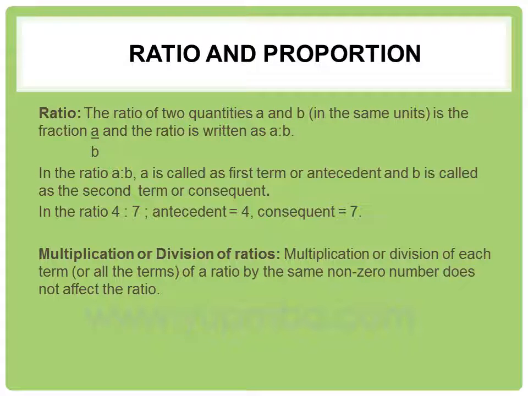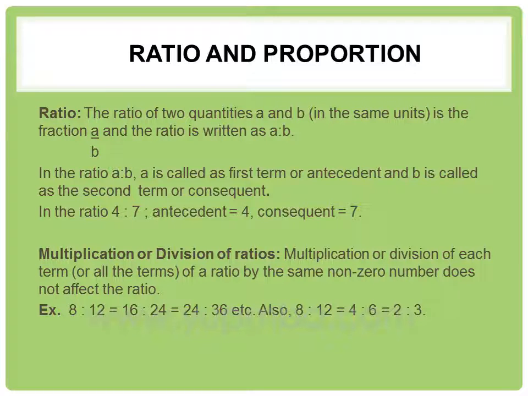Multiplication or division of ratios. Multiplication or division of each term, or all the terms, of a ratio by the same non-zero number does not affect the ratio. For example, 8 is to 12 is equal to 16 is to 24 is equal to 24 is to 36, etc. Also, 8 is to 12 is equal to 4 is to 6 is equal to 2